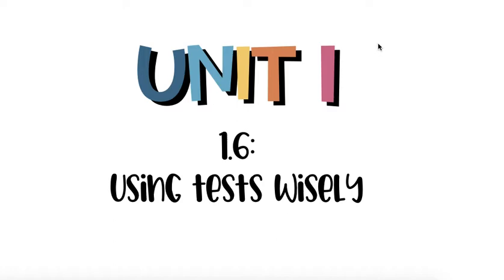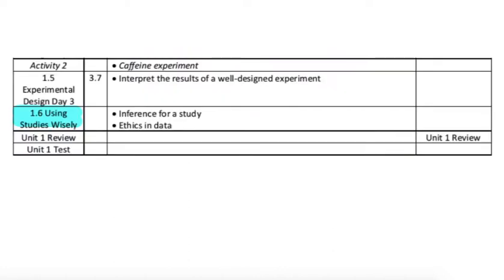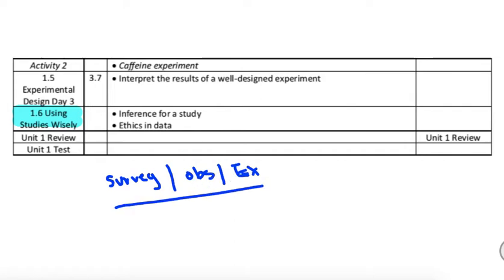This is Unit 1, Section 1.6, and this is kind of wrapping it up using tests wisely. What we're going to start looking at to wrap up Unit 1 is inference. Once we've done a survey, an observational study, or an experiment, what do we do with the results, and how does it apply to a larger population? The design of these is really what's going to tell us how we can apply it